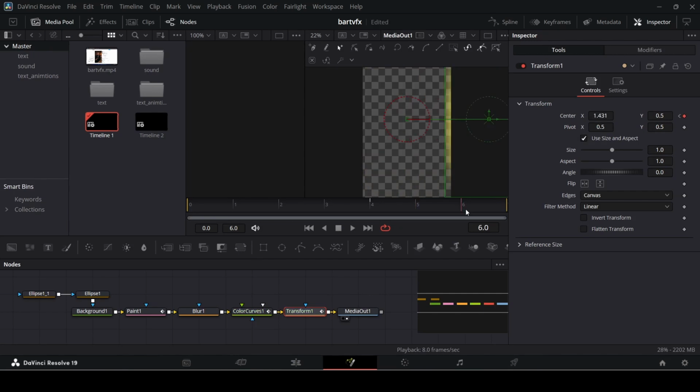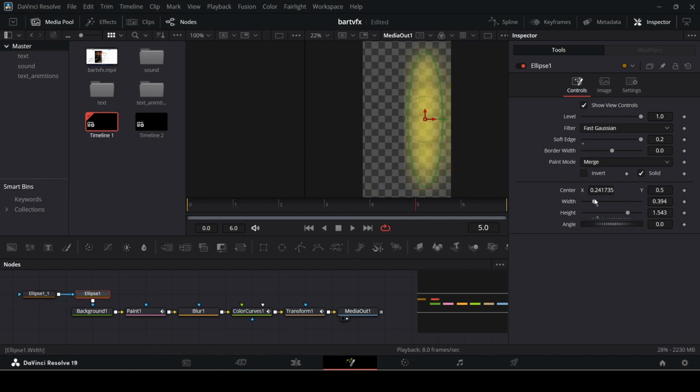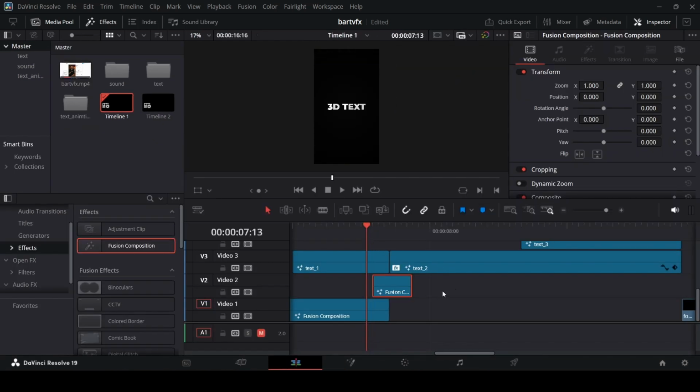Now, one thing right here I notice is that we do have this sharp cut. So for that, we can just reduce the width maybe. So let's try that. Let's go right here and make sure this ellipse is selected and then try to reduce the width. Yeah. So if you reduce the width, this will look good. So if you play this,